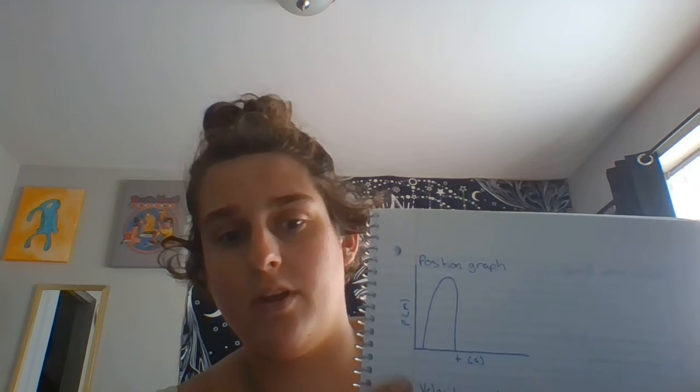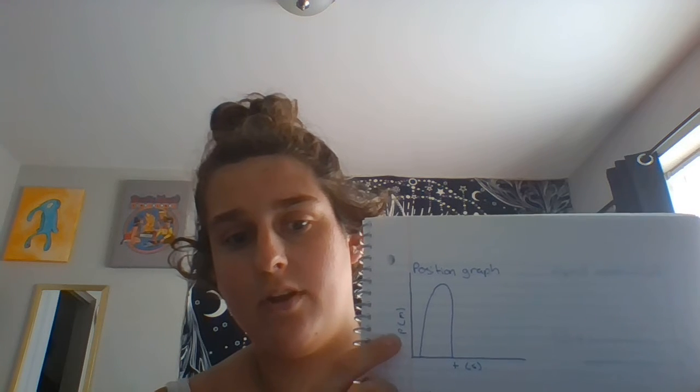My name is Ashley, and today I'm going to be explaining the graphs, the position graph, the velocity graph, and the acceleration graph for a problem where a ball is thrown up in the air and then it falls back down and is caught. So we'll start with the position graph, which would look somewhat like this,